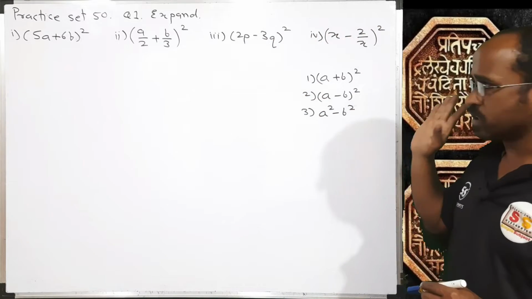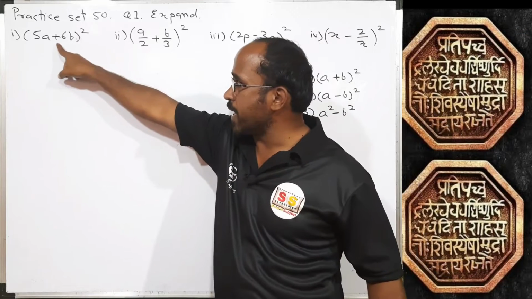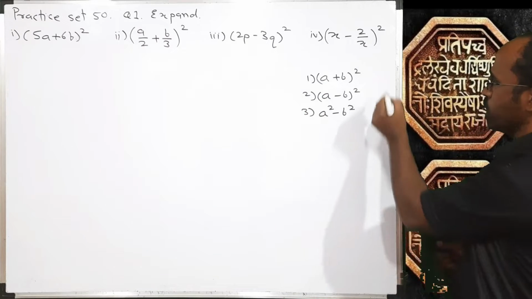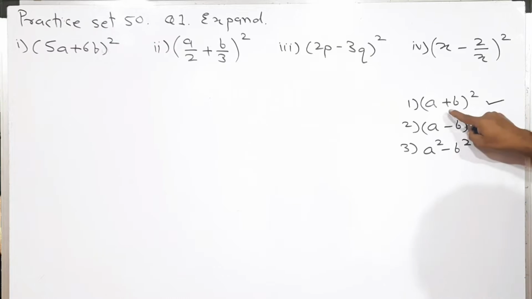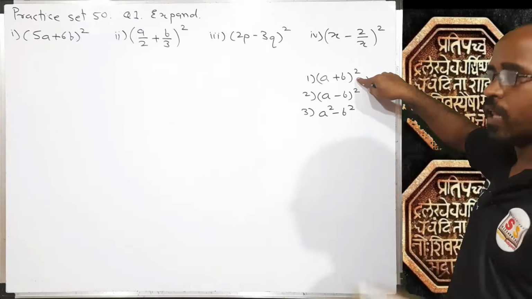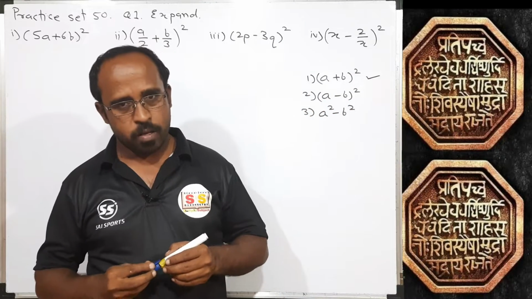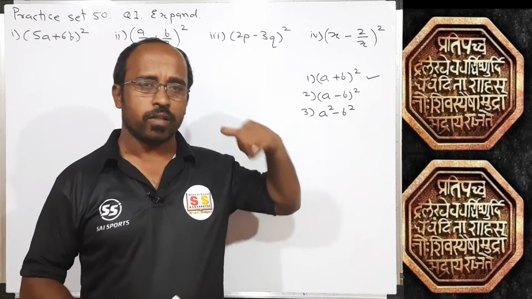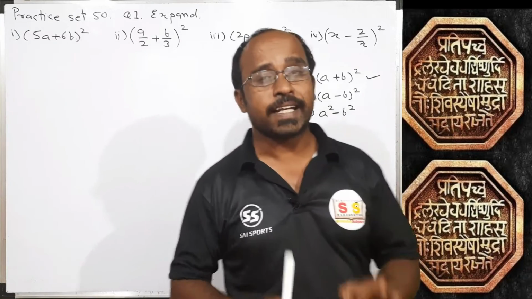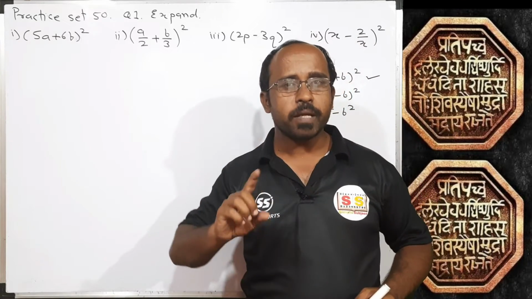Which formula among these three can we use? In the question, in the bracket there is a plus symbol and a square of the bracket. Among these three formulae, this formula contains a plus symbol and square of the bracket. So we have to use this formula. Second thing, students, always please remember, while solving such problems, write the formula, because this is the technique of remembering the formula.